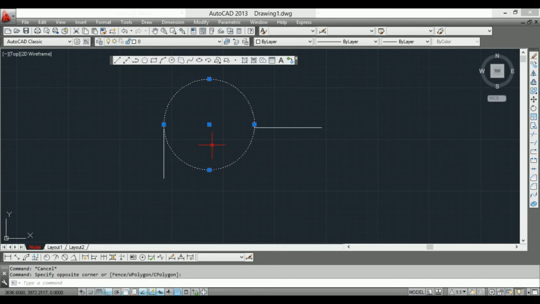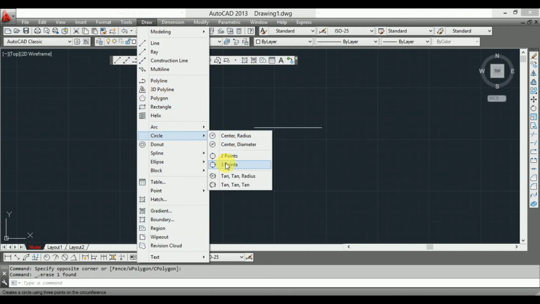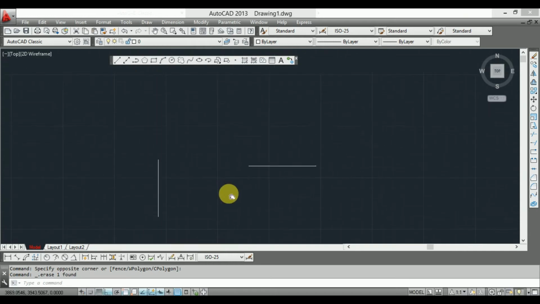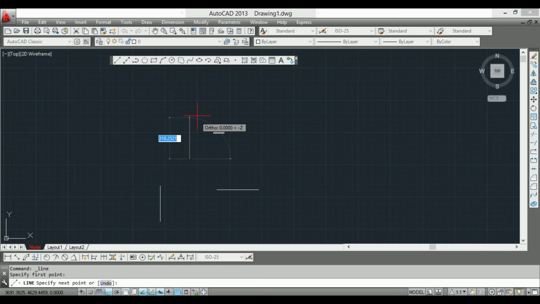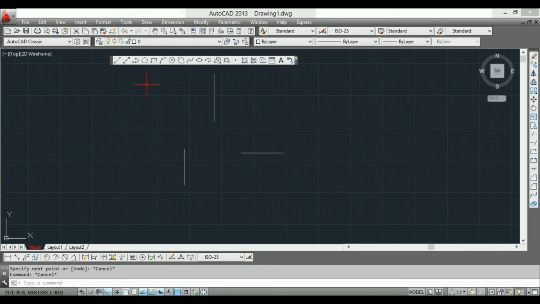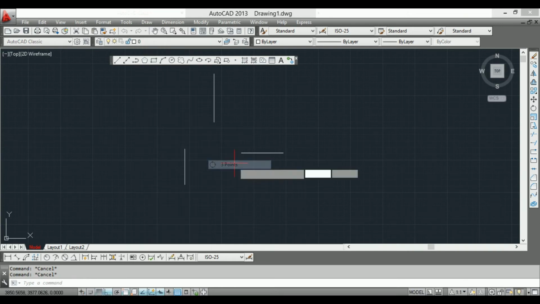Again, the next command is the 3 point circle. You can see it, 3 point circle. So this circle will go through 3 points, so you make another line, and then you have to choose 3 points to make a 3 point circle.